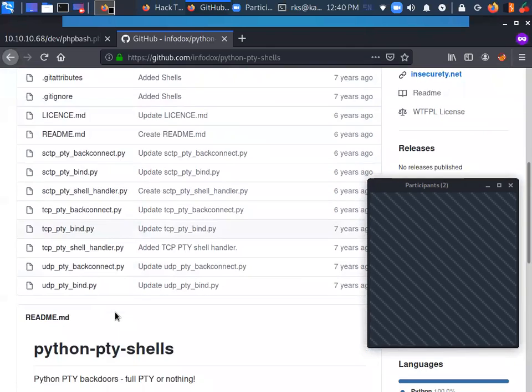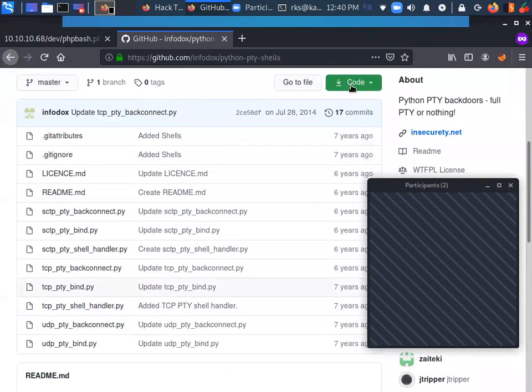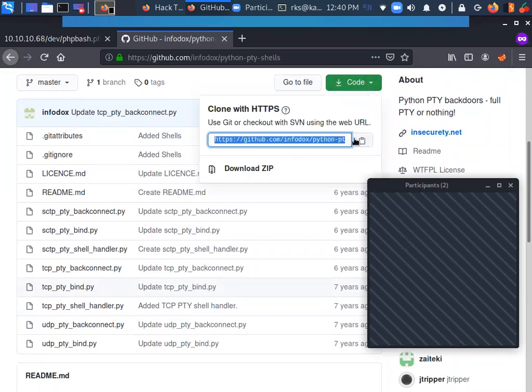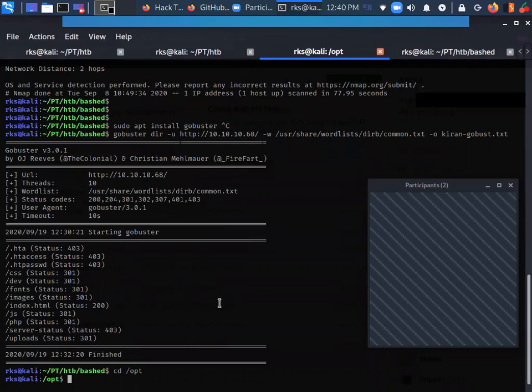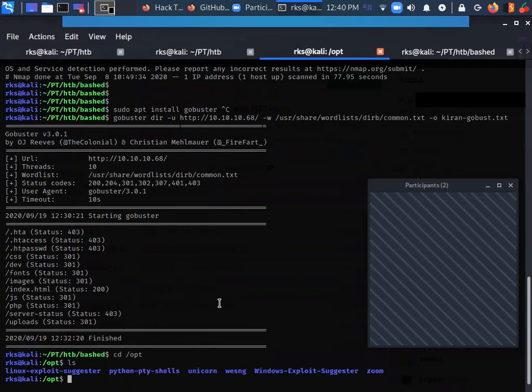I'm going to clone this repo: just copy it, go to your /opt directory, or wherever you are comfortable. I have it in my opt directory, I believe. Yes, I already have it cloned.